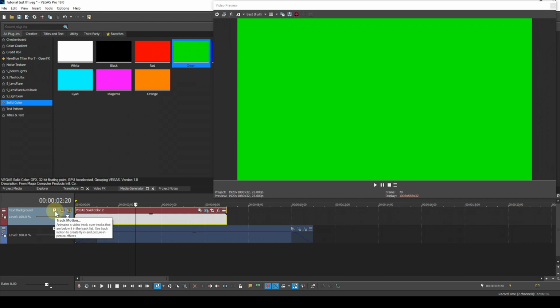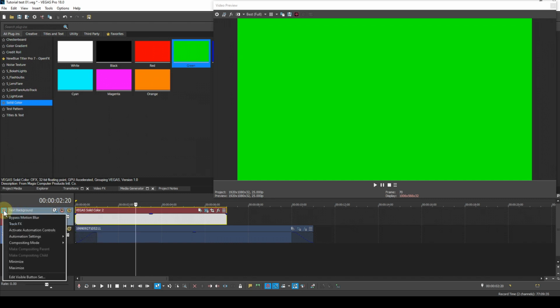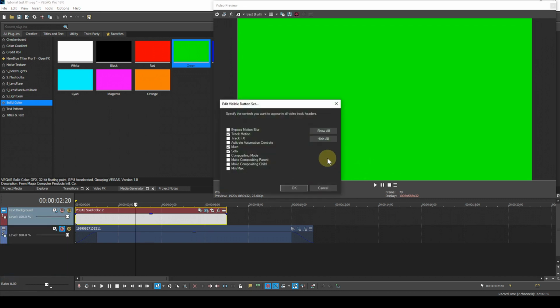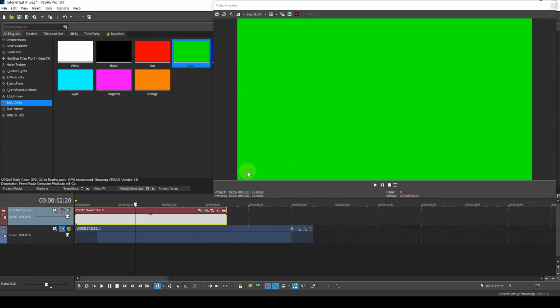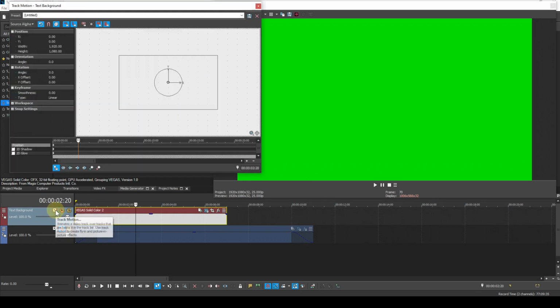If that isn't there, click the hamburger menu, click Edit Visible Button Set, and put a check mark in track motion. I'll make sure the cursor is at the beginning of the controller timeline,